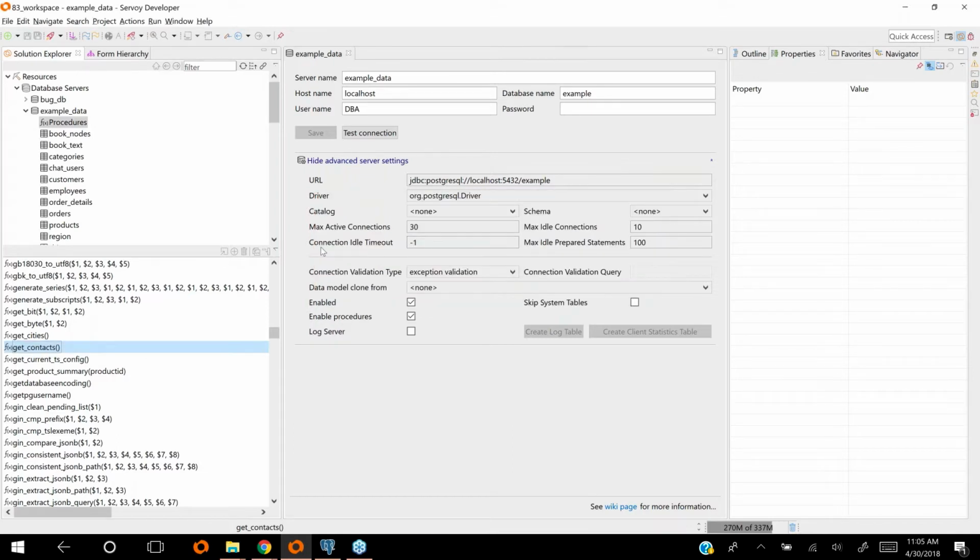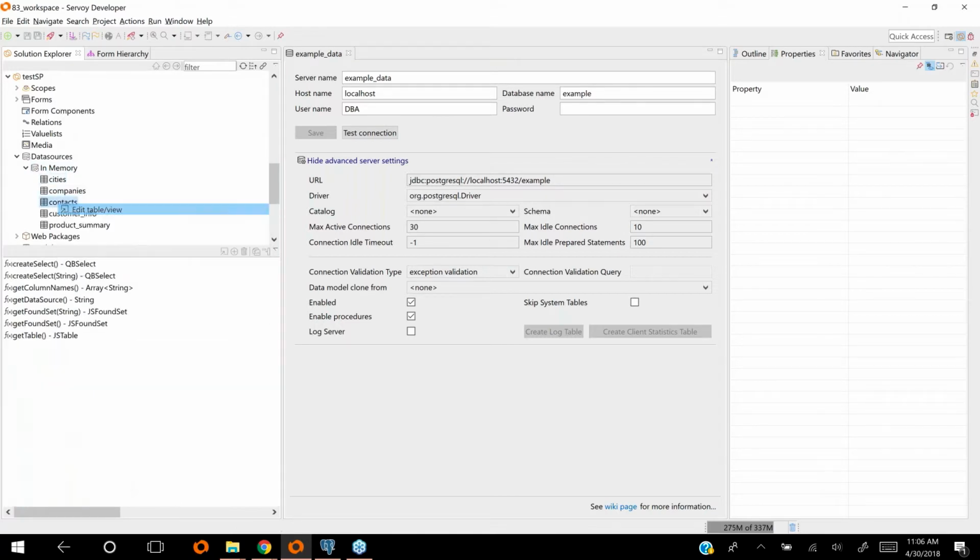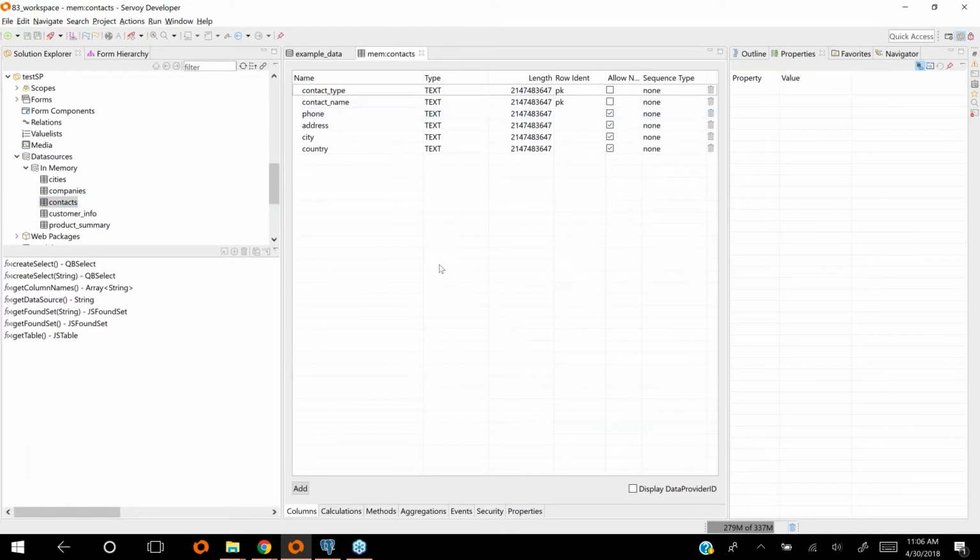Of course, I prepared this in advance, so I'll just show you the one that I already made. If I look at my in-memory data sources here, you can see that I have set up one already called contacts. If we take a look at that, this is what gets generated automatically. So I don't have to come in here and add the columns. It just comes right in because it's looking into what the return type of the stored procedure is, and it's always going to return a data set, but it infers what the values will be in that